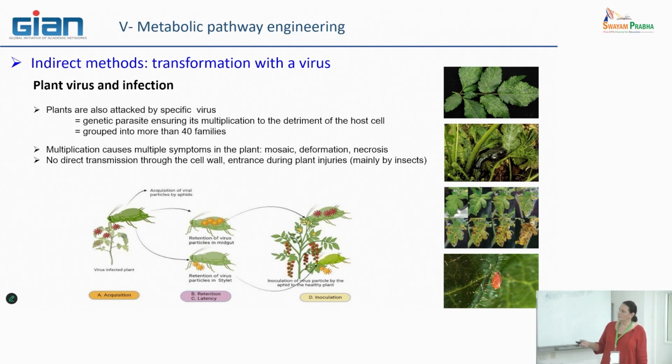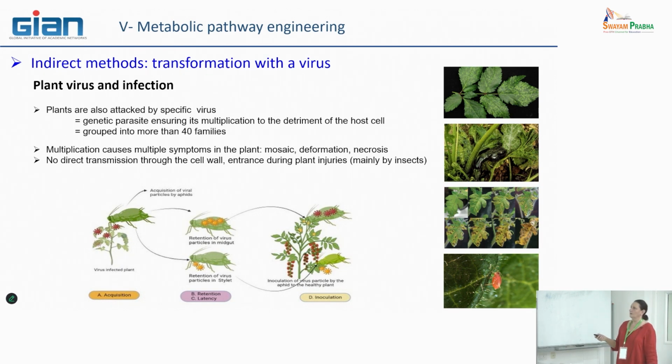At this moment, some of the viruses that stay in the stomach of the insect can migrate to the mouth and the stylet, and this way they can be propagated to different plants, including very safe plants. So it's a very well-known system of how viruses diffuse on plants. They can have specific symptoms that people working in agriculture know very well, because they are quite easy to observe.